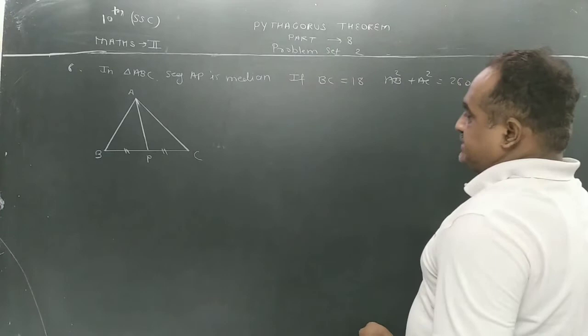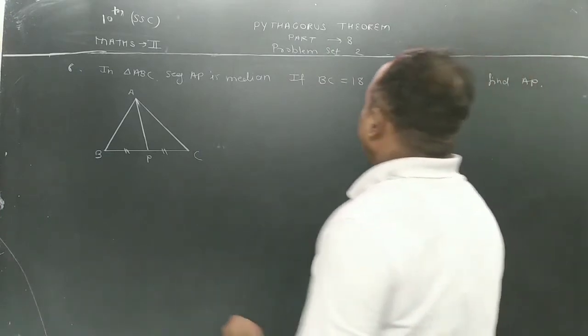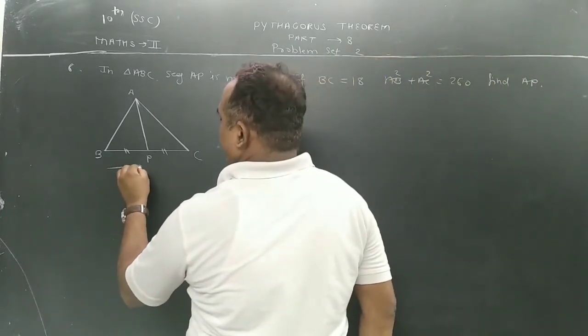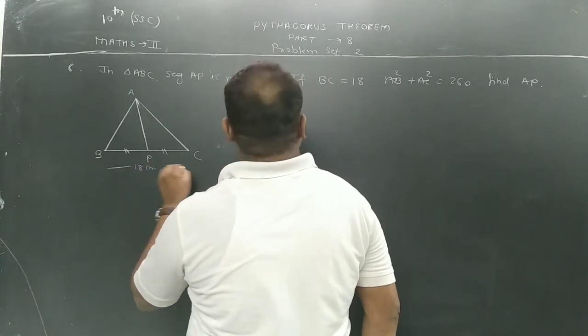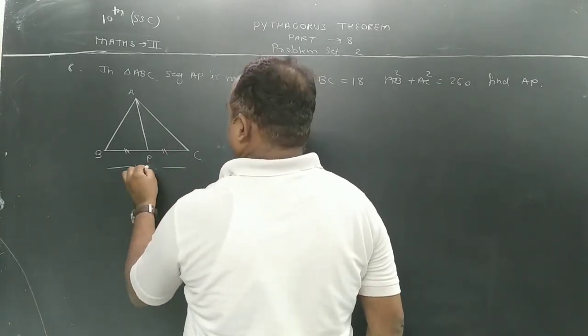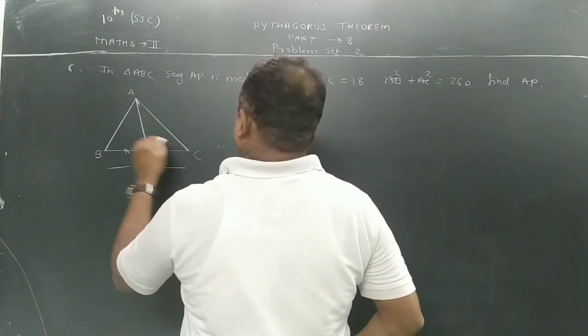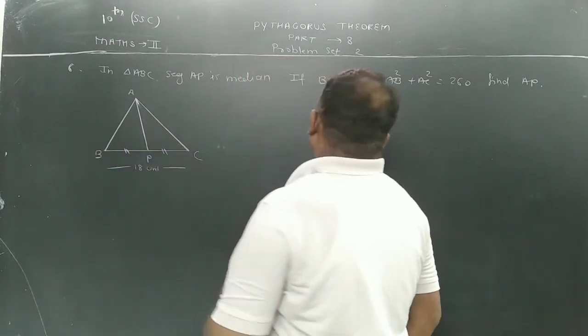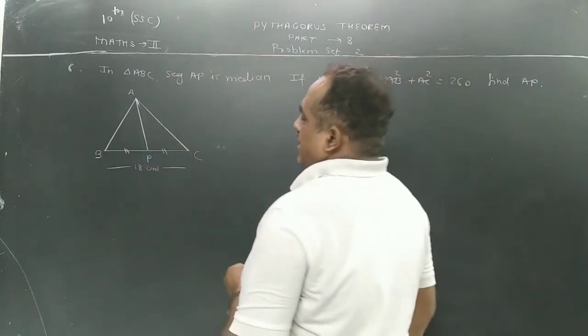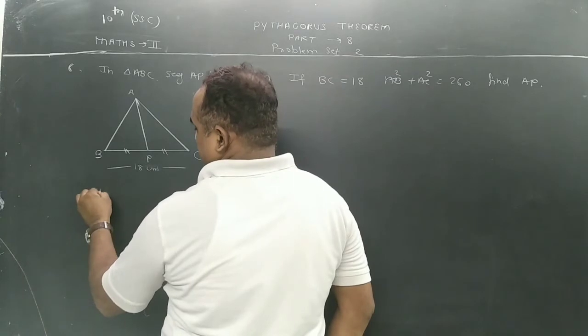BC is equal to 18 units, sorry, and this is 260. Okay, so given: